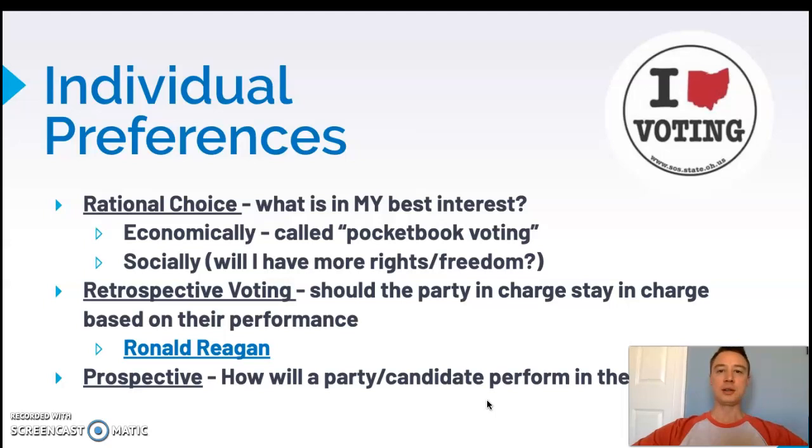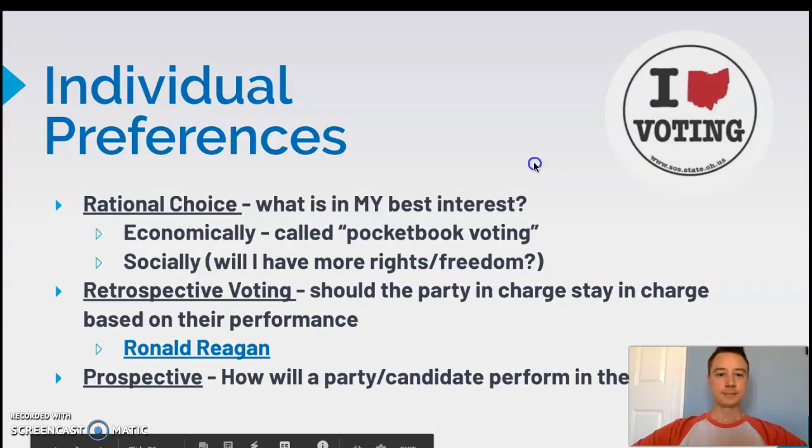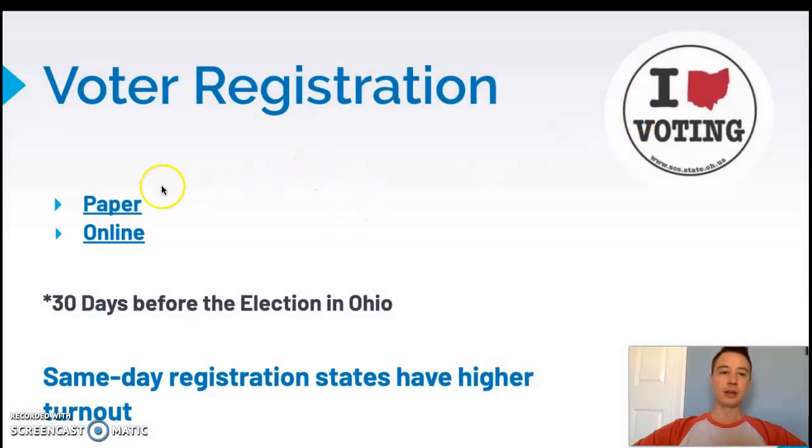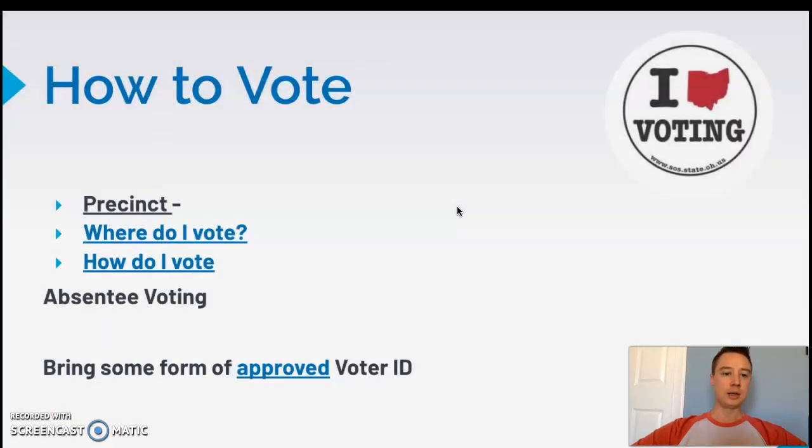And so that's not necessarily looking at performance of the party in charge or the candidate in charge. It's looking to whose ideas do I think will be better for the direction that the country is going to go. The last little bit I have on here is some voting procedure stuff, and you can click on those looking at our voter registration forms. You can take a look at some of these things. You can type in people's names and see if they're registered to vote, see where they're registered to vote.